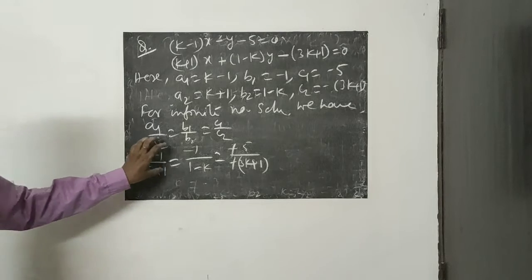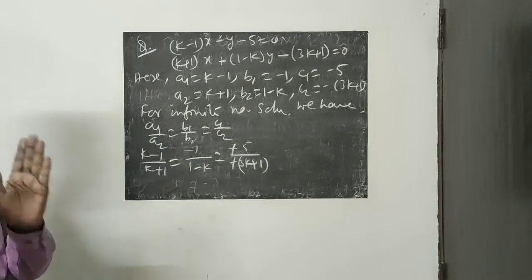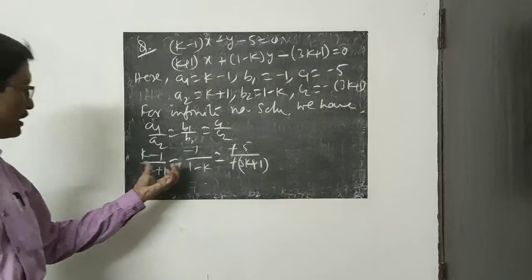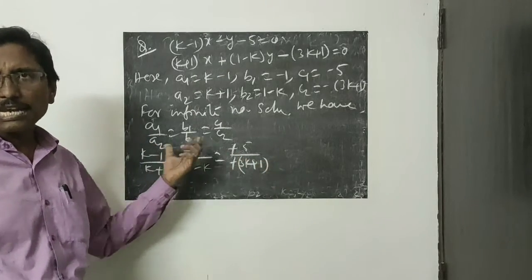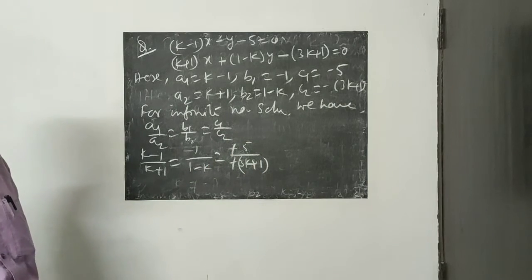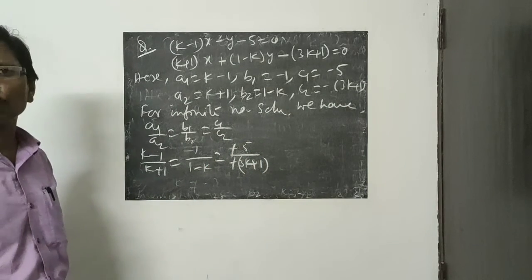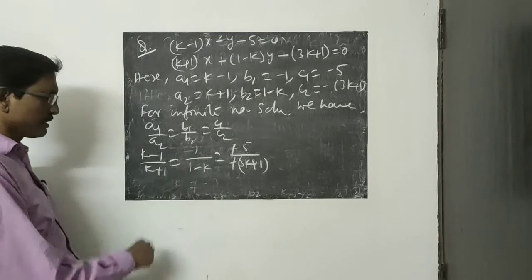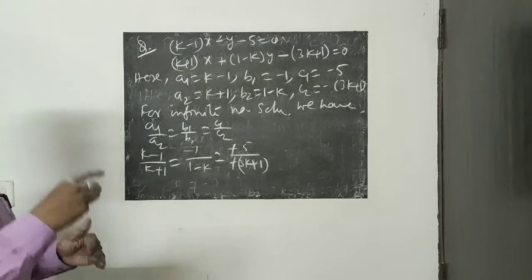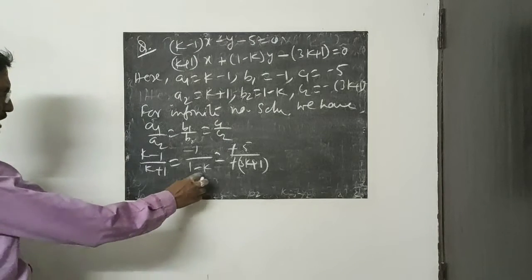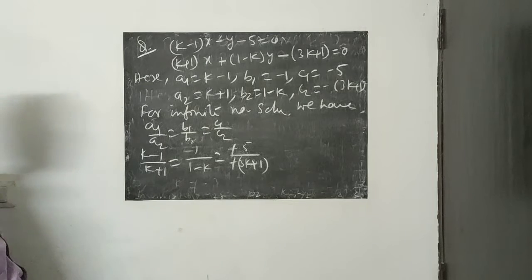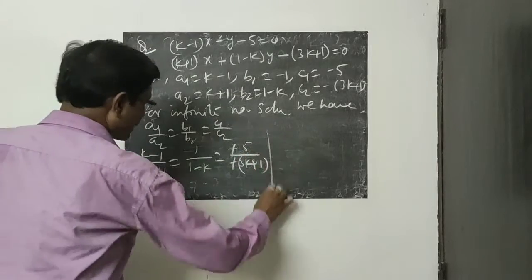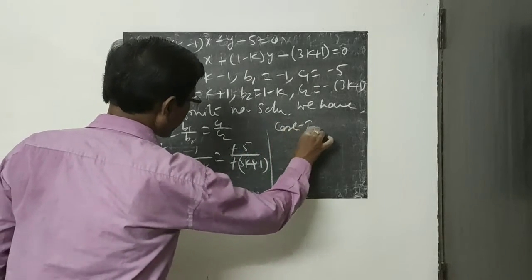A equal to B equal to C. Here 3 cases come. Either A equal to B, one equation you can get; B equal to C, another equation you can get; A equal to C, a third equation you can get. But at least 2 cases you have to take. Suppose you have taken these 2, what value of k do you get, or sometimes more than one value you may get. Or if you take another 2, there also you may get values. Then the common value should be taken. So case-wise we are discussing, case 1.